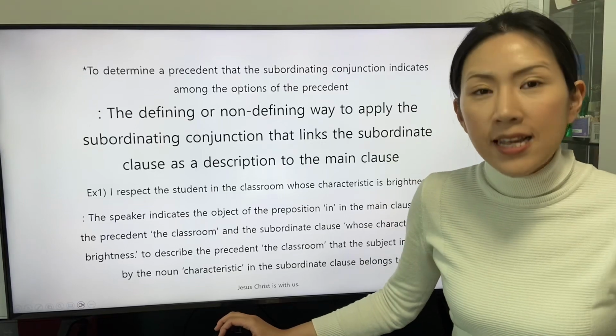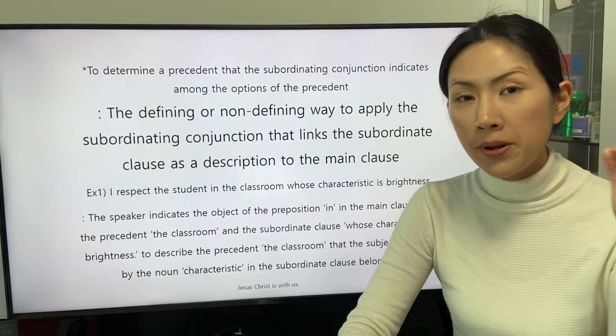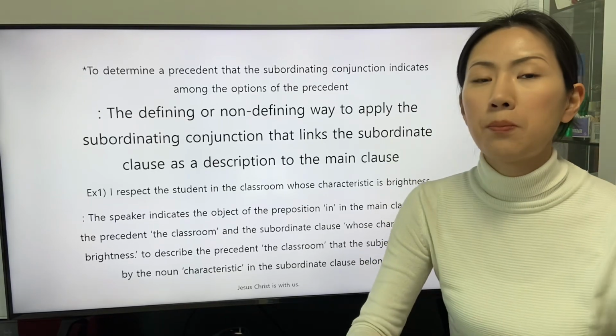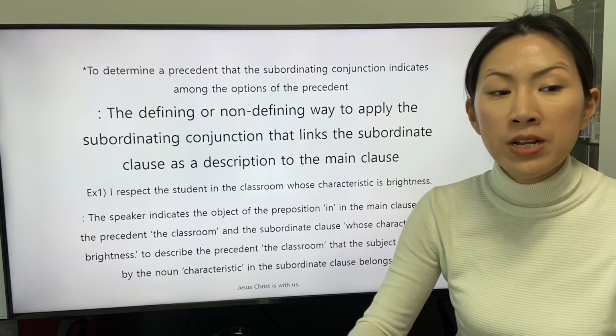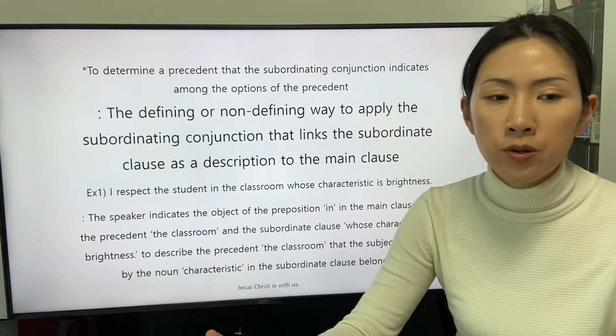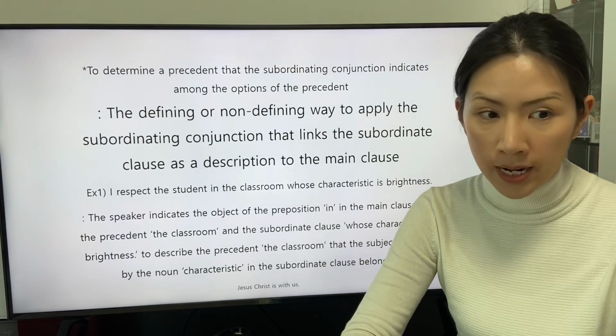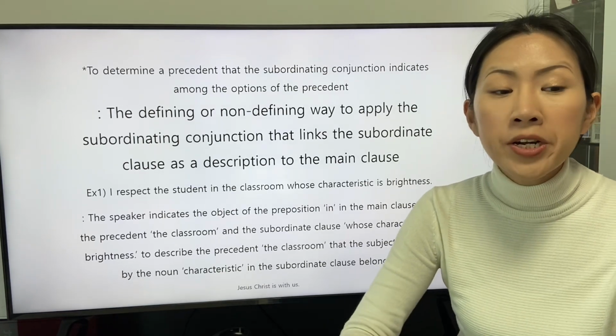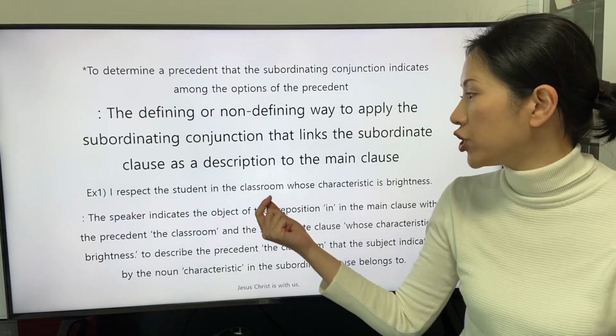The first sentence that the determiner whose is applied is this. I respect the student in the classroom whose characteristic is brightness. The speaker indicates the object of the preposition